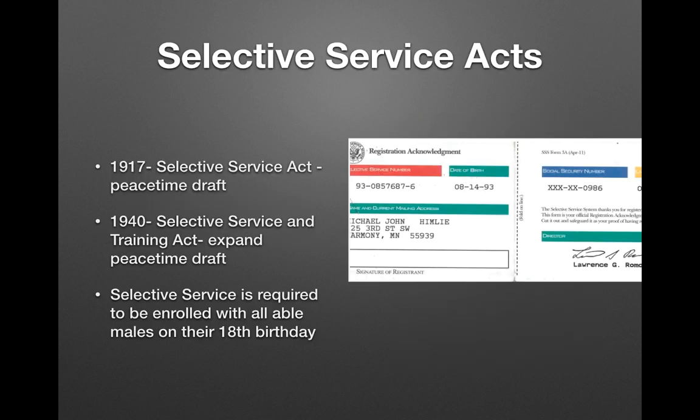Now, the Selective Service Acts are what they come up with. In 1917, the Selective Service Act is a peacetime draft. They used conscription, which is a draft. When you're 18, guys, you'll get one of these in the mail. This is your draft card, and basically that's your draft number, social security number, etc., if they ever decide to